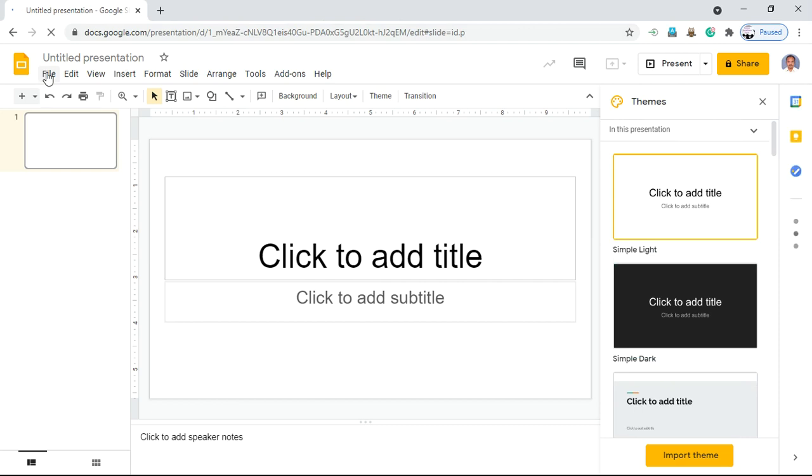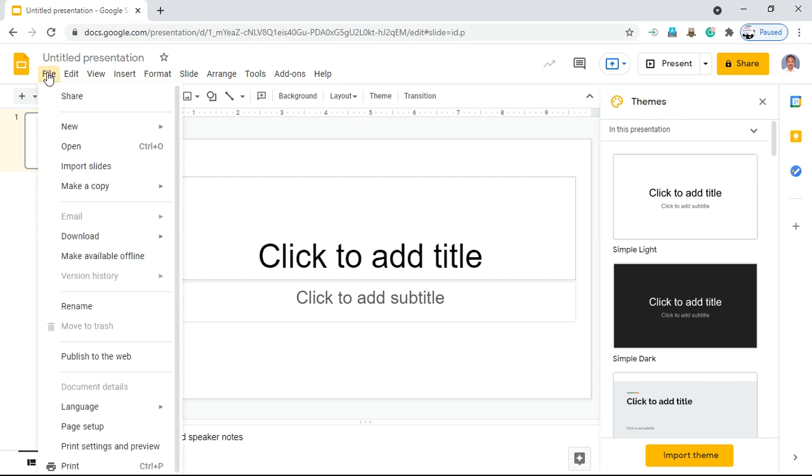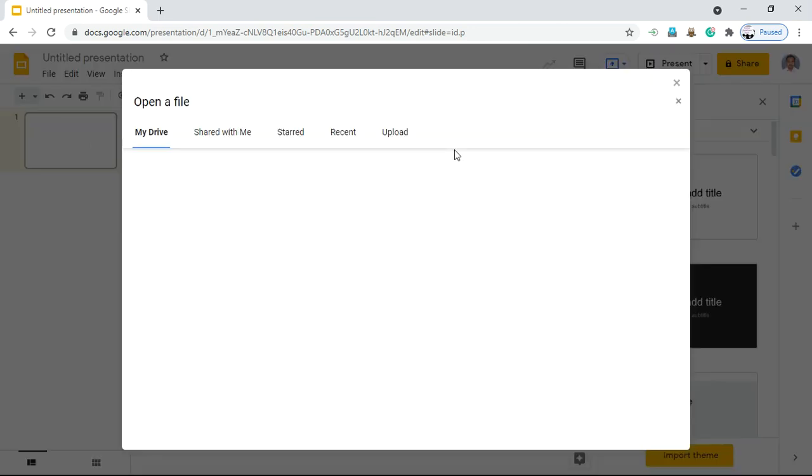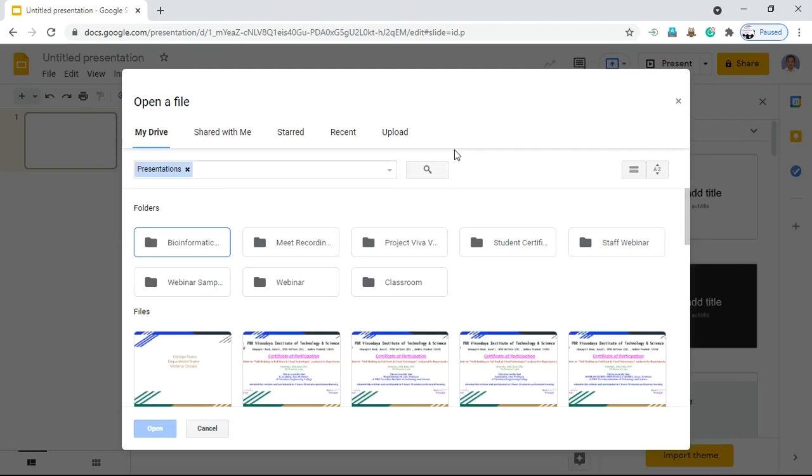For example, if you have already designed a certificate using MS Word or using MS PowerPoint, then you can access that particular certificate template by clicking on File, Open, and you can select Upload.